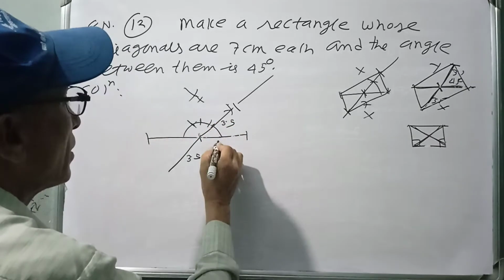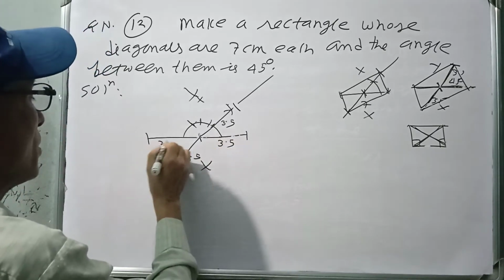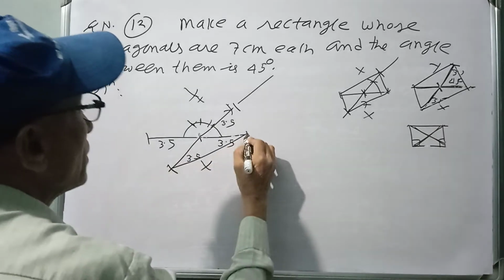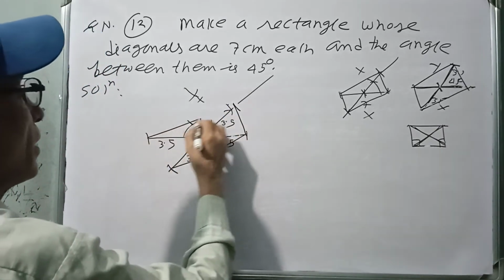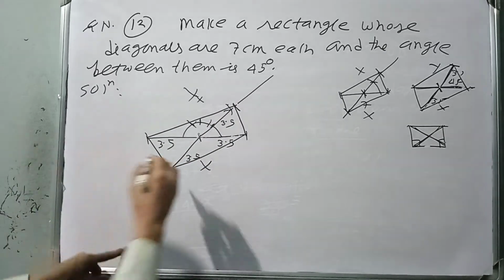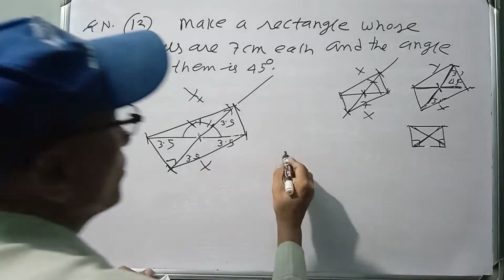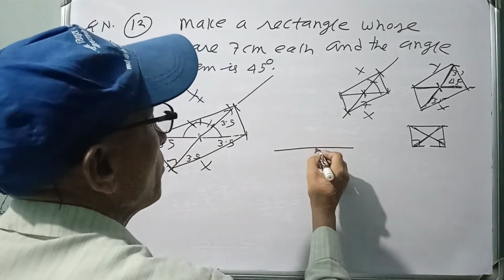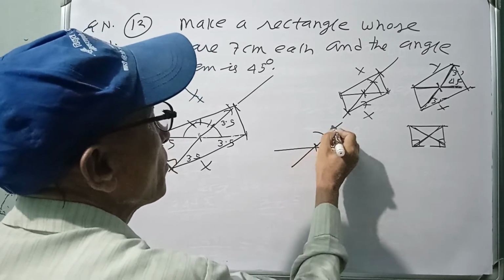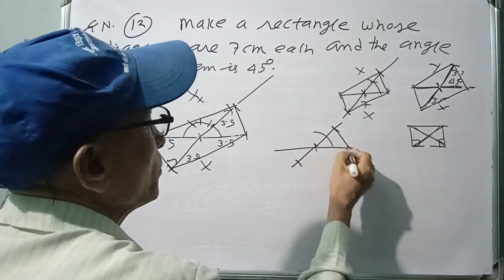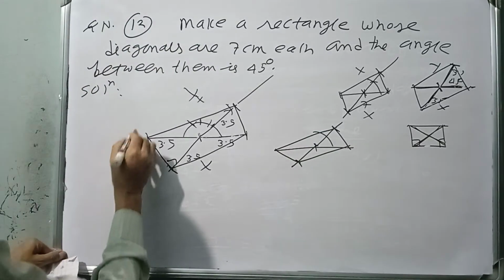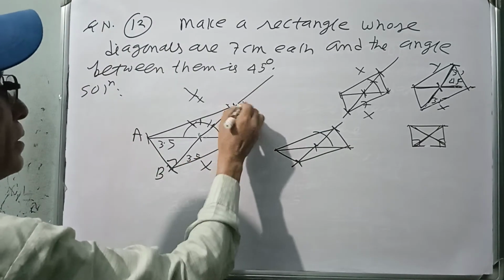This whole is 7, so this is 3.5 and this is also 3.5. And what you do, join these two. This angle is 90 degrees. Make 45 degrees, cut 3.5 and 3.5, and join the end points in order. So ABCD